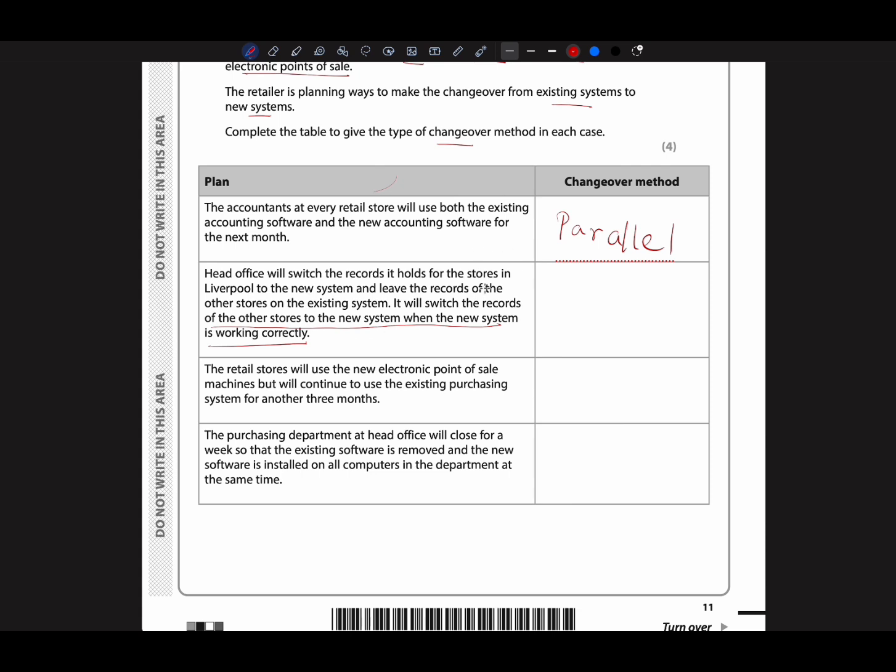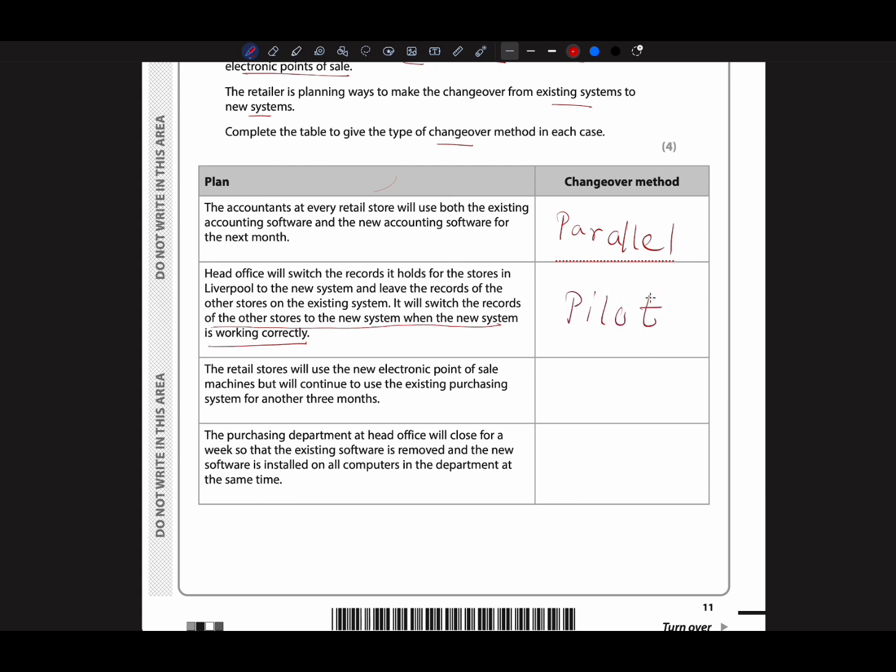So they are not using both the existing and the new system together, right? When the new system is completely working, during that time they will shift all the records to the new system and start working with the new system. So this type of feature is called pilot,